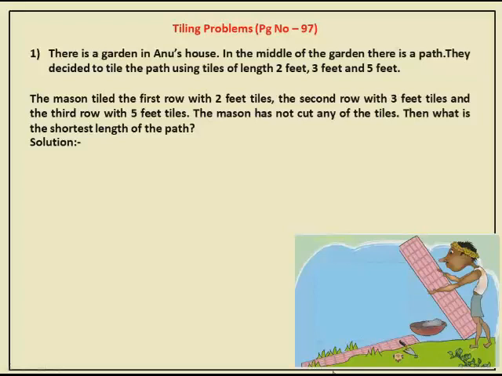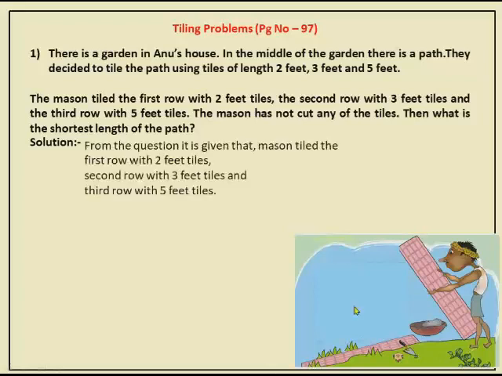So as we did in bangles and tamarind, in tamarind one imli was left out, whereas in bangles we saw that without leaving any bangles. So similarly like this here, they are laying a path in the garden. So for that what is required? Tiles are required. So they have taken 2 feet, 3 feet and 5 feet tiles, and first row with 2 feet, the second row with 3 feet and the third row is 5 feet. And one more rule they are saying is the tiles have not to be cut. Then they are asking which is the shortest length of the path.